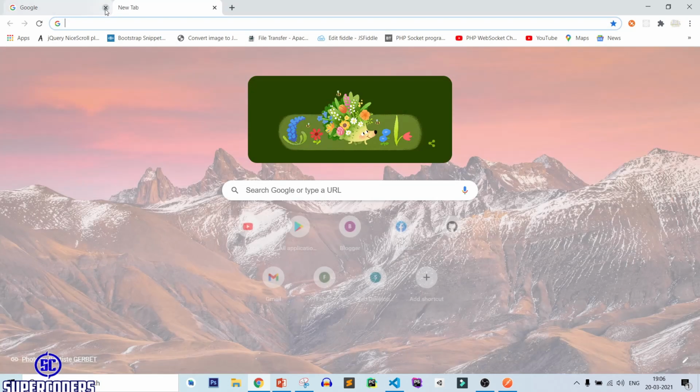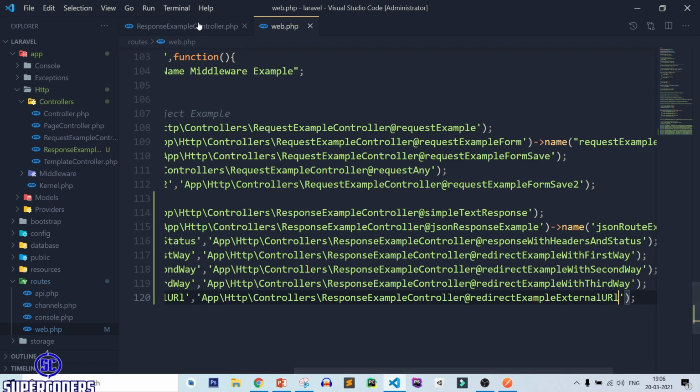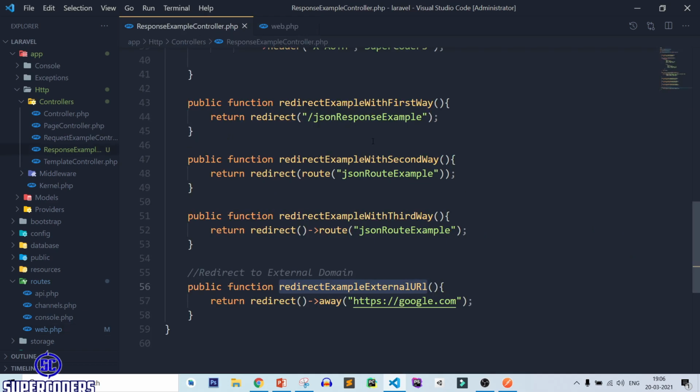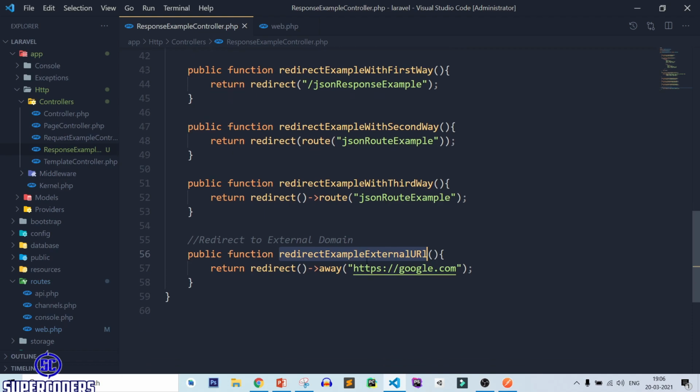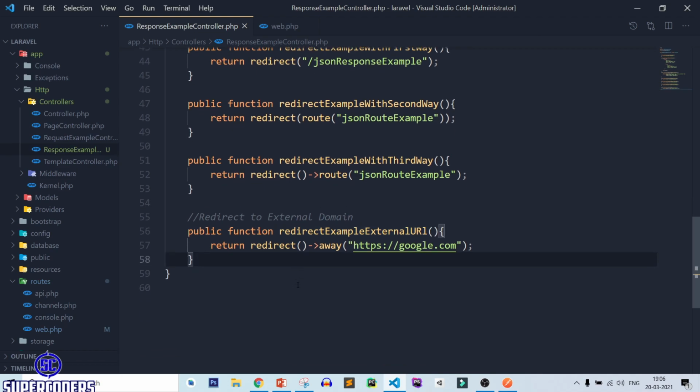So in that way you can use different types of redirect. First is simple redirect URL, second is redirect by name of route, third is external URL. Now let's see one more example of redirect. In this you can see how you can redirect user with some messages to user.